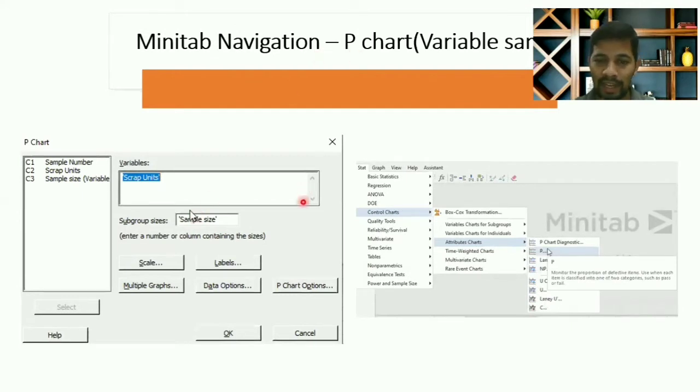P chart is again start, control charts, attribute chart, and P chart. In P chart, both things are there: one is called P, one is called P chart diagnostic, which is only descriptive. So if you want trends, you can also use P chart. Since it's a variable, you can use the scrap, whatever the column value you have, you can use it here, and then you can feed that subgroup size,